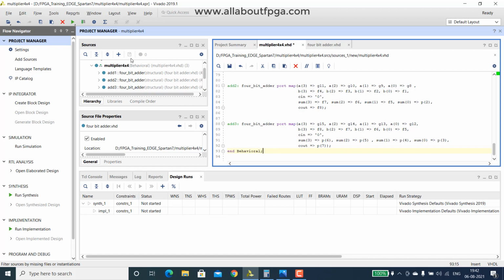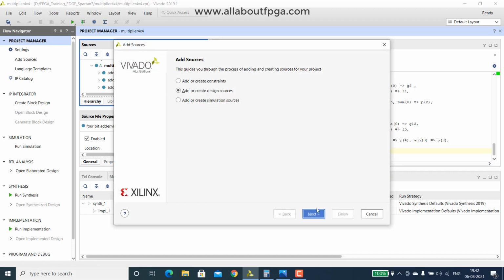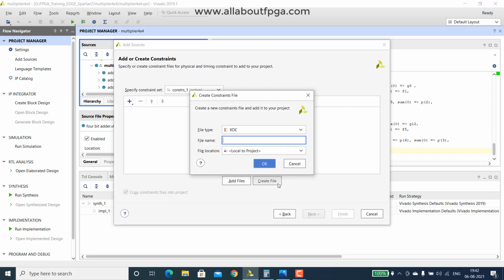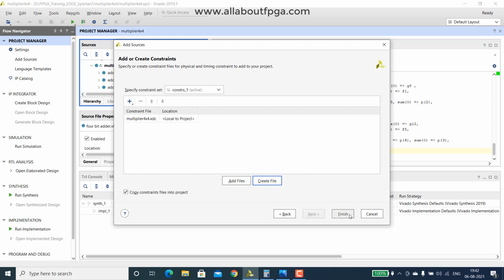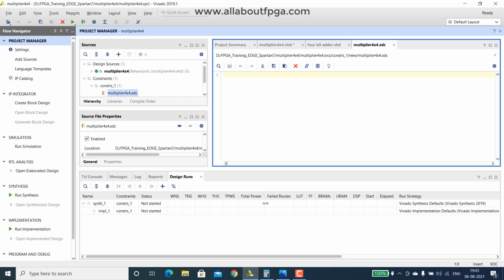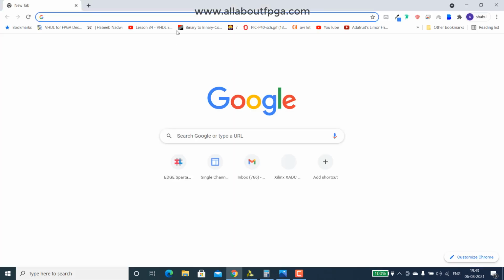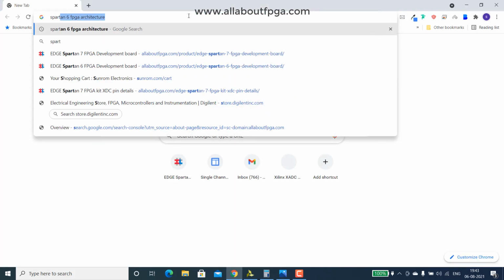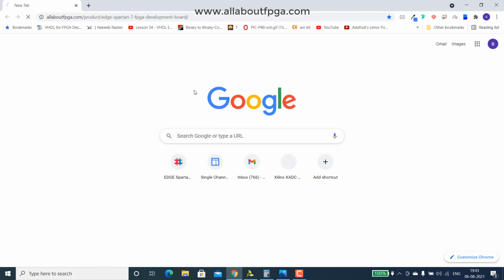So next step would be creating a constraint. Create multiplier for x4, finish. So that will be inside this editor. We have to open that Spartan 7 XDC.